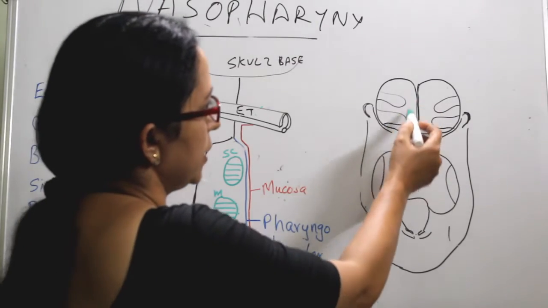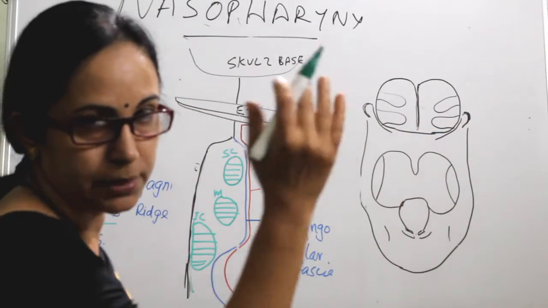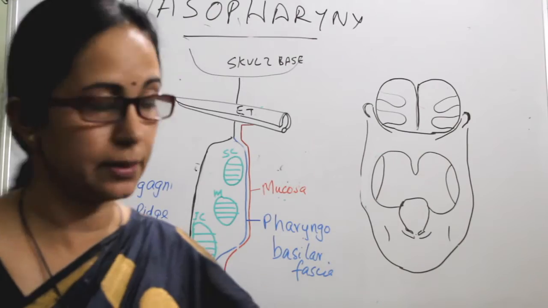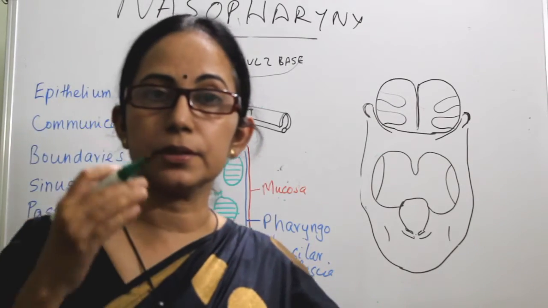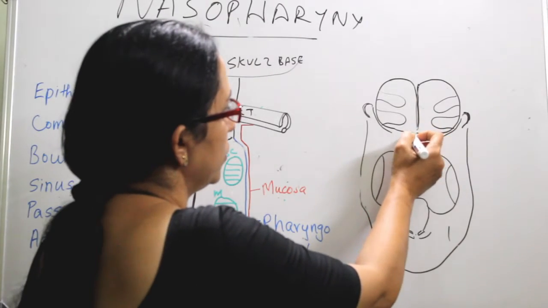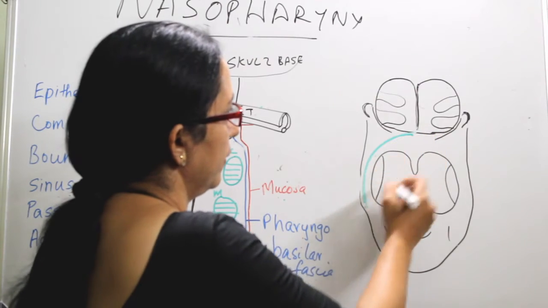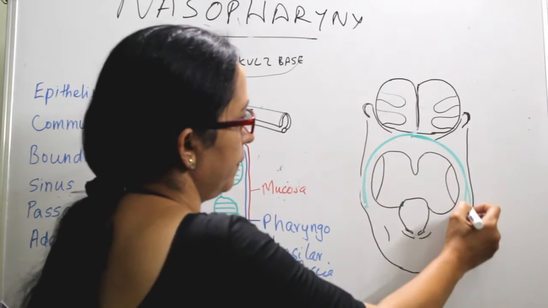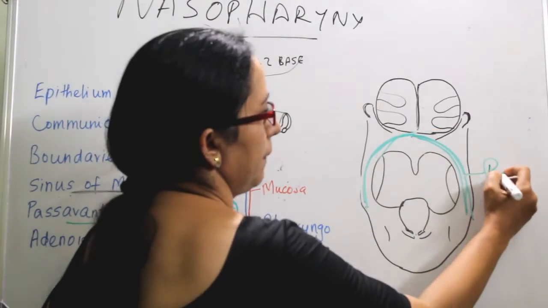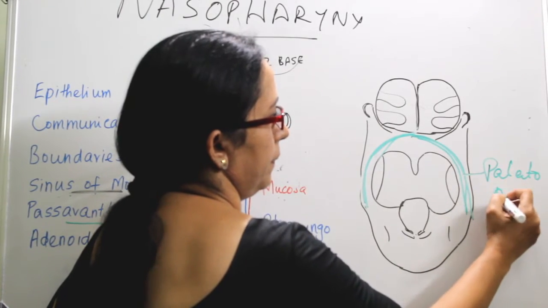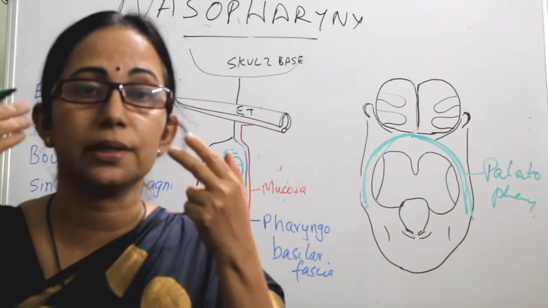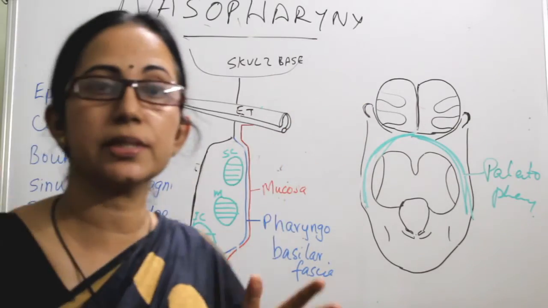So this is the posterior end of the septum and the choana seen posteriorly. There is a muscle called the palatopharyngeus muscle, which originates from the posterior border of the hard palate, and then it goes laterally to the pharynx, the lateral pharyngeal wall. And this palatopharyngeus muscle forms a mucosal ridge on the lateral as well as on the posterior wall